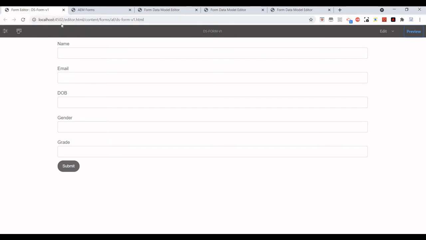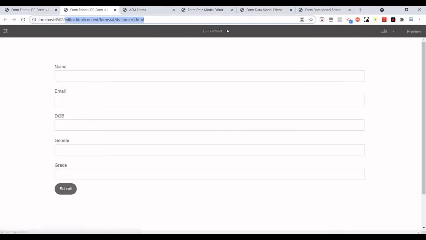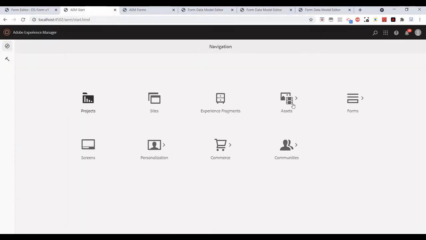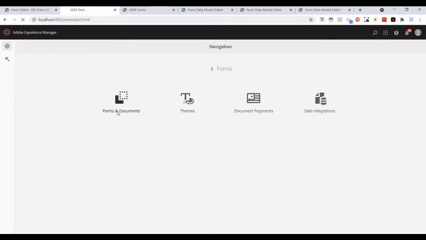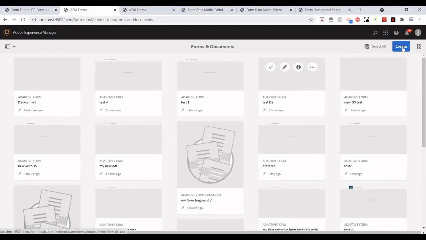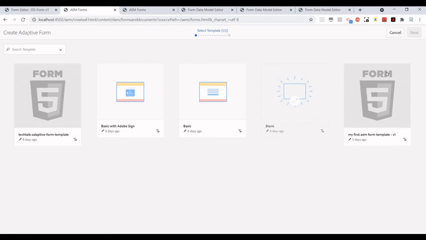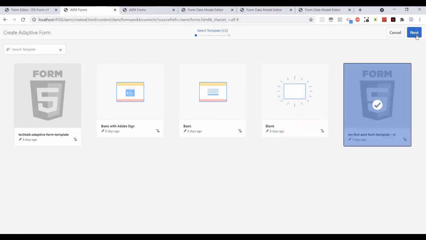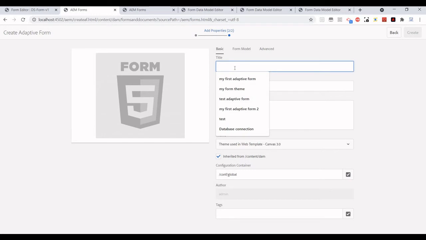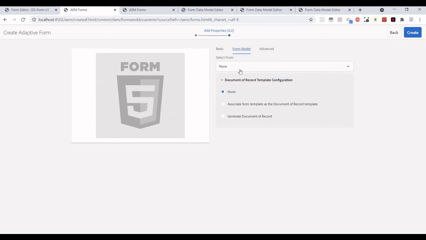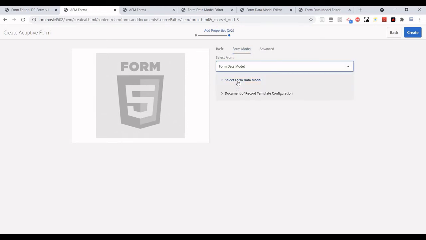So we have already created it, but post demo form, and then the form model I'm going to select from the form data model.